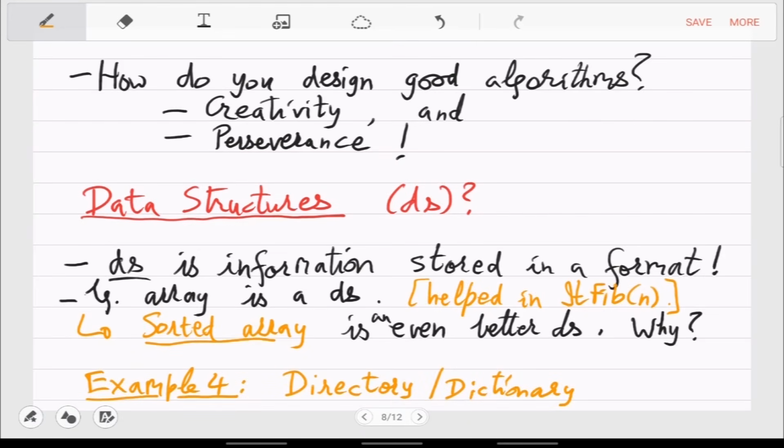If these 1 million English words were just put in some arbitrary way, then for every word you would have to go through the whole book to find where the word is, right? In comparison to what a sorted dictionary does. So why is that? Do you know the algorithm which you are actually using here? Binary search is the algorithm, right? So that's the point which makes it faster.